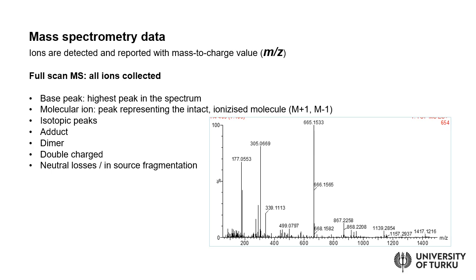For example, in this case, it might be that this 665 is the molecular ion, or it can be any other of these components, but that's something that you will only resolve during the further data analysis when you are trying to identify the compound. And isotopic peaks I already mentioned, so those are the peaks that come at almost exactly the same mass, but typically only 1 mass unit difference. If it is 0.5, then it means that it's a double charge molecule.